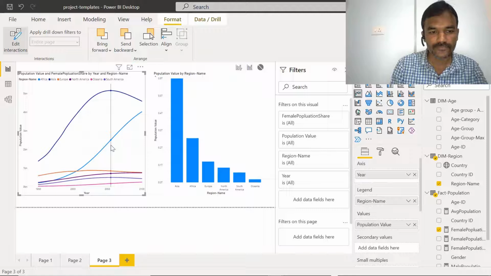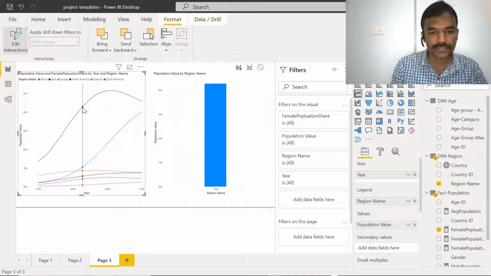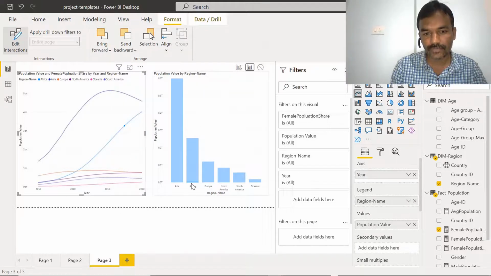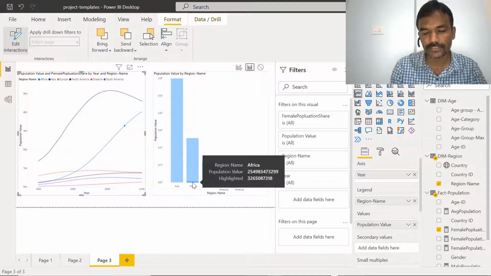If I go back and select this, then when we select filter, it shows only the specific data. When we select highlight, the other bars will be disabled, but this one will be enabled.